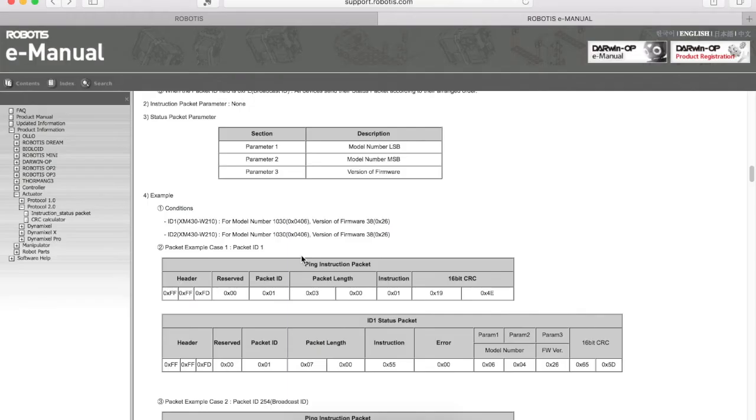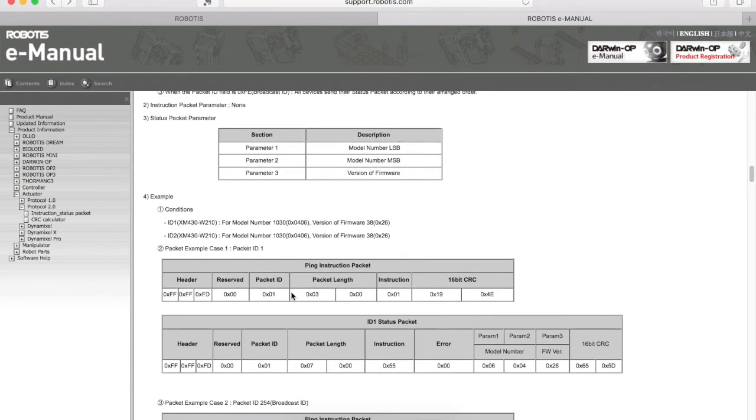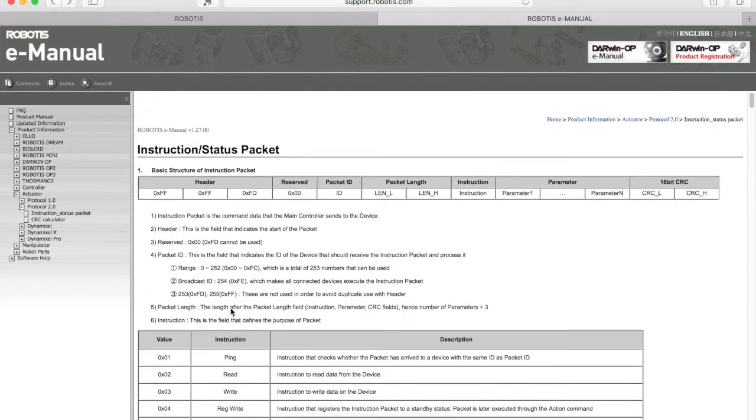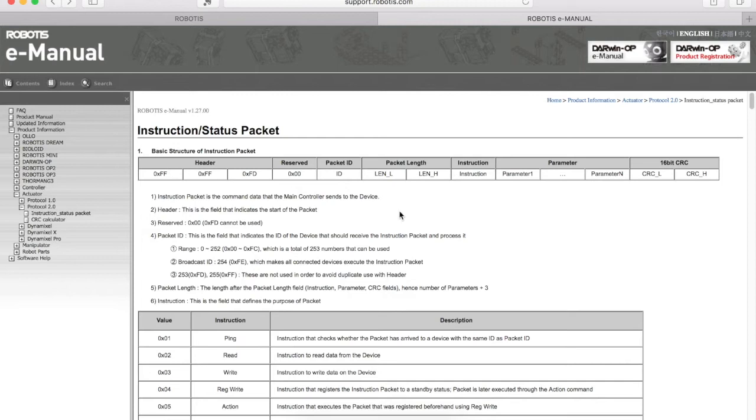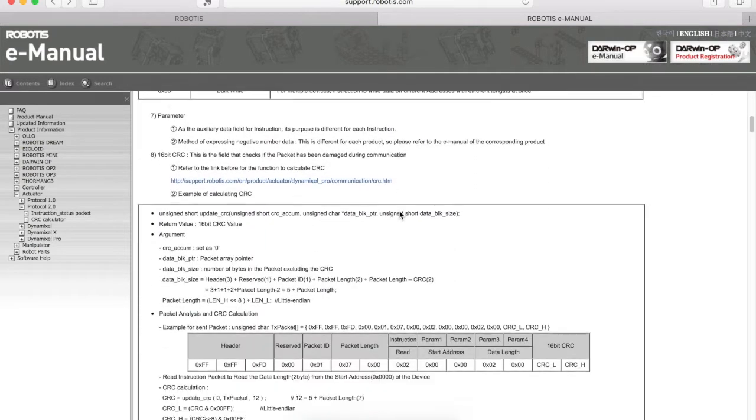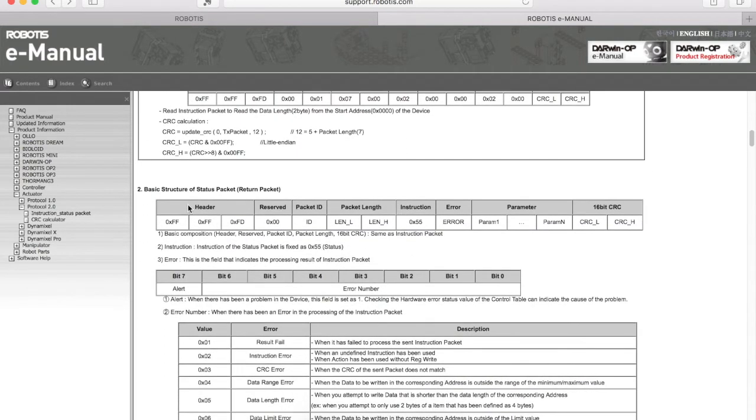Now, once we send this to the servo, we'll receive a status package. So I'll just scroll all the way up. We have the instruction package, and after all the explanation here, we have the basic structure of a status package. And it's kind of the same. We have a header, we have a reserved word, then the packet ID. This is the sender, not the receiver now. Then again, the package length. Instruction, which is